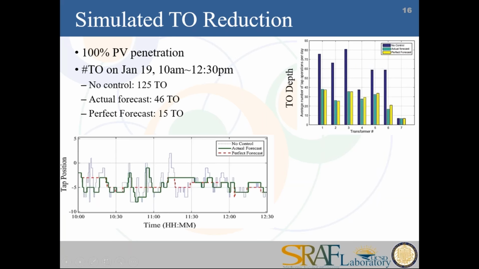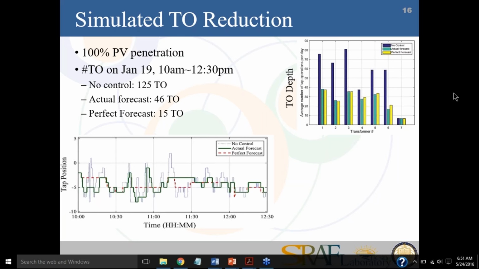So if you look at a larger time period, 90 days that we simulated, looking at different transformers, we see, number one, that if there are transformers that have very few tap operations to start with, then going from blue, which is the default baseline, to these forecast cases, we have no change there. But for those transformers that have a lot of tap operations, we see a large reduction, going from 70 to 80 operations per day down to 20 to 40 operations per day.